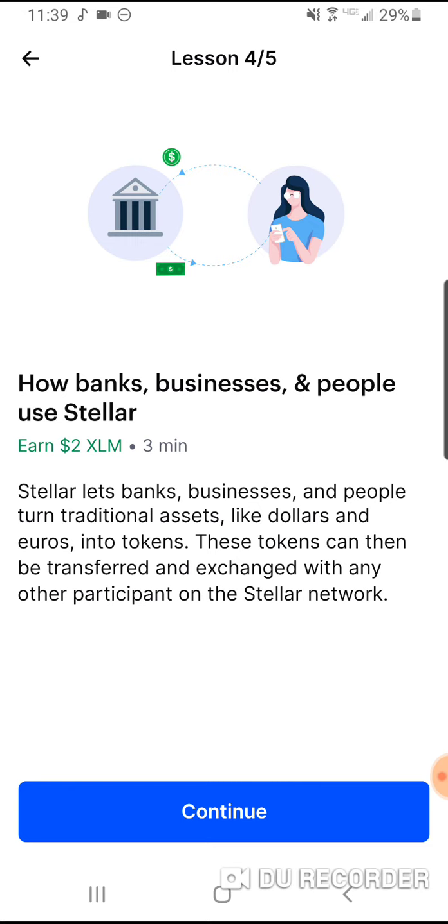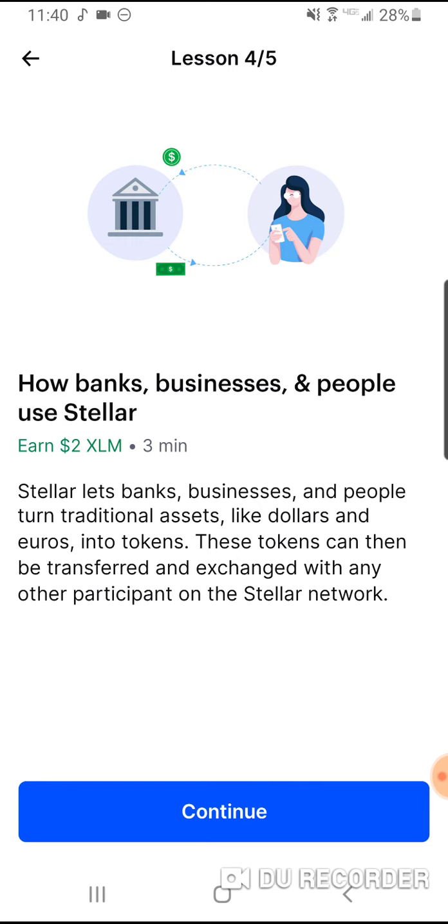First up, the bank. This is Main Street Bank. To use the Stellar network, Main Street Bank sets up a Stellar account. Then, using Stellar's built-in tools, the bank hooks its existing infrastructure into the Stellar network. Now the bank can take its real-world assets, like dollars, euros, or pounds, and turn them into Stellar tokens. And their customers can deposit a US dollar in Main Street Bank and get a US dollar token on Stellar in return. All Stellar tokens are exchangeable. And since exchanges happen on the Stellar network, they only take a few seconds and cost a fraction of a penny. Anyone can transfer, store, and trade Stellar tokens, just like Lumens, anywhere on the Stellar network.